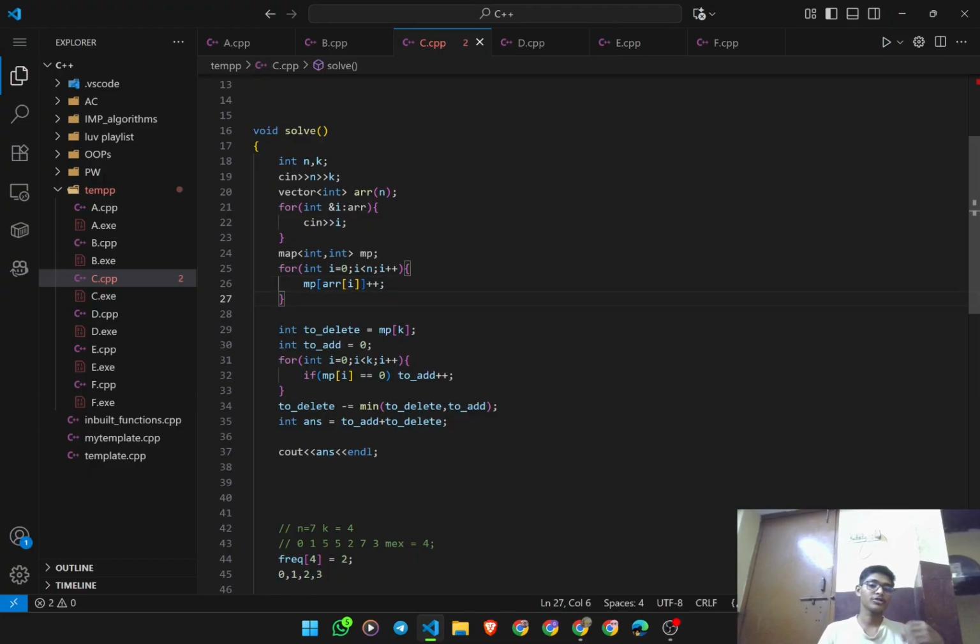Okay, which is every value of the array. Now, to delete, we have to delete all the occurrences of the k. So the map of k is what we have taken to delete. And to add means we have to add